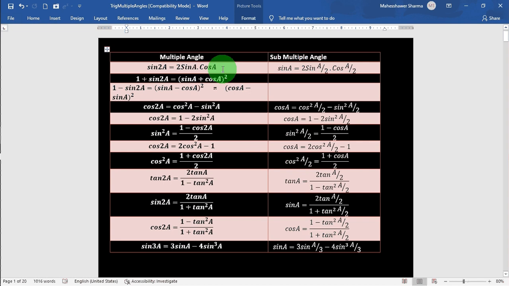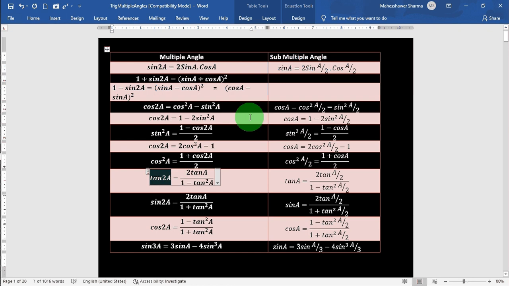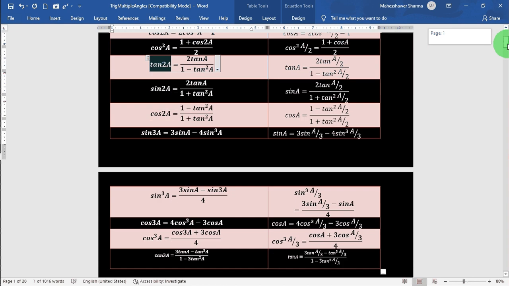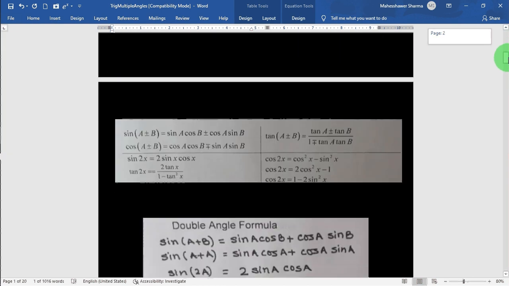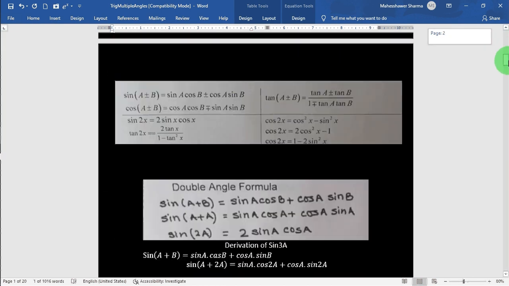First we'll go through the derivation, how we can derive this multiple angle formula. For example, sine 2a, same way cos 2a, same way tan 2a. So how will we get this? We'll see here first, then accordingly we go further. Before starting, I will just explain the derivation of one trigonometrical ratio. Accordingly you can derive the other trigonometrical ratios based on this.